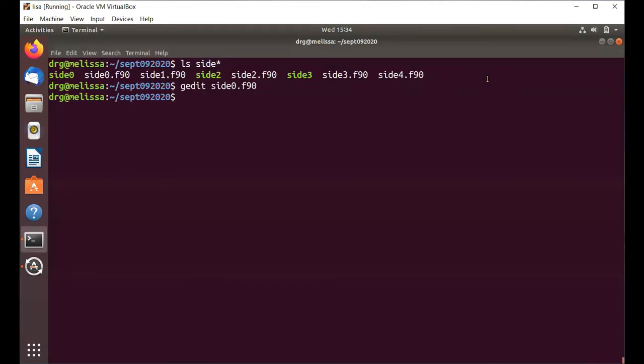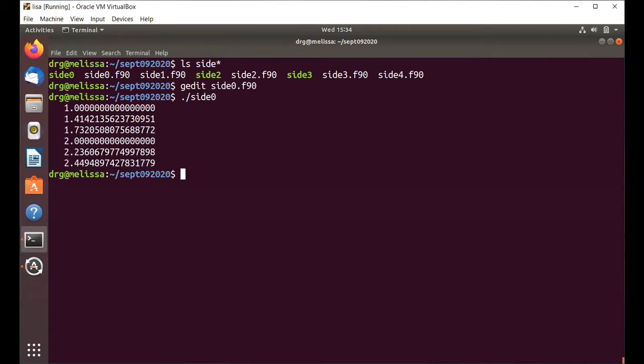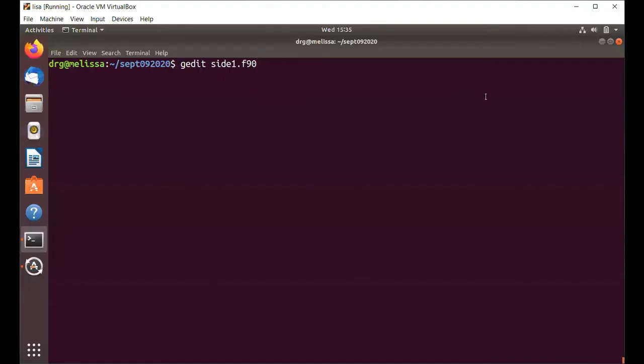As I said, I've already compiled these things, so I'll just run this one. And as you can see, we get square root of 1, square root of 2, square root of 3, square root of 4 is 2, and then square root of 5 and square root of 6. I want to look at the next one, which I've called